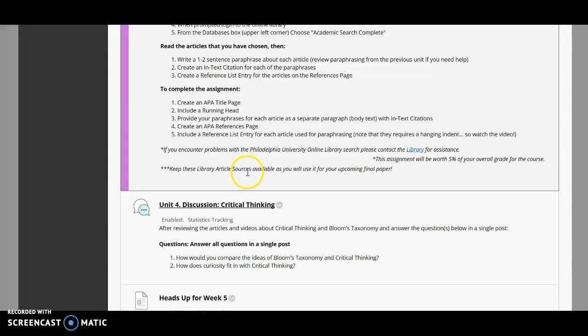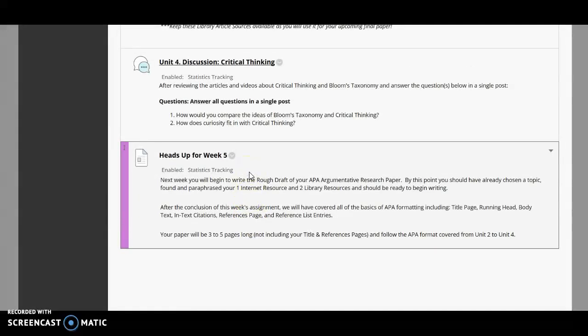And then we also have a class discussion this week on critical thinking. So you're going to review the articles and videos about critical thinking and Bloom's taxonomy and answer the questions below in a post. And you would answer, how would you compare the ideas of Bloom's taxonomy and critical thinking? And how does curiosity fit in with critical thinking? You also want to be sure to respond to at least 2 of your classmates. Be sure you're posting your first post by Wednesday and posting on several different days, at least 3 different days